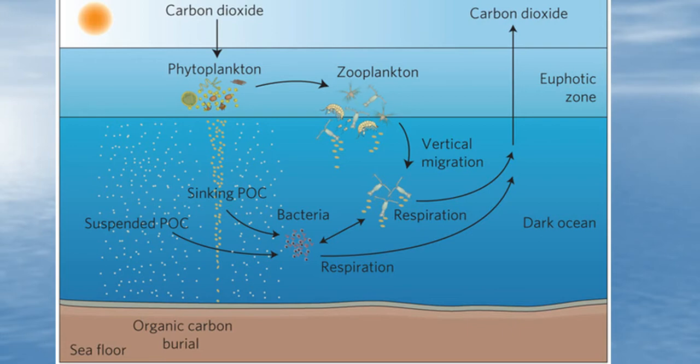So right here you can see we have bacteria in the ocean. We also have the broken down parts, our organic material, which is called the POC. It's got the carbon in there as well. It's sinking down. The bacteria will use it, and then they will go through respiration, and we have this whole cycle.